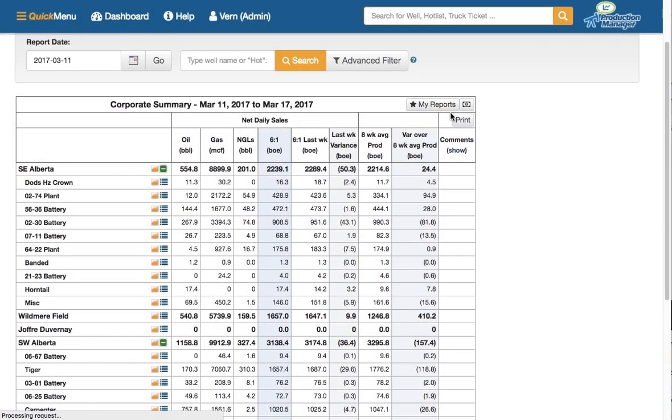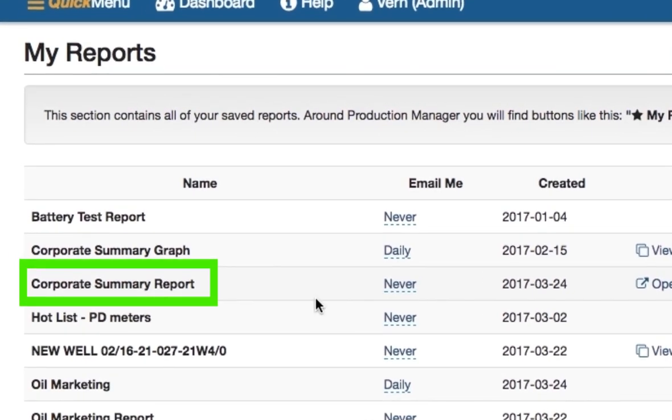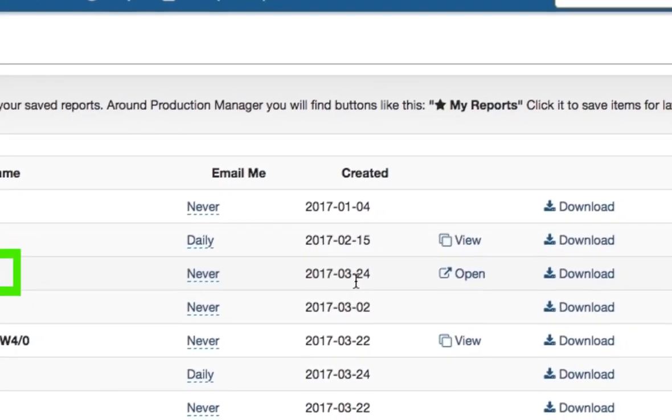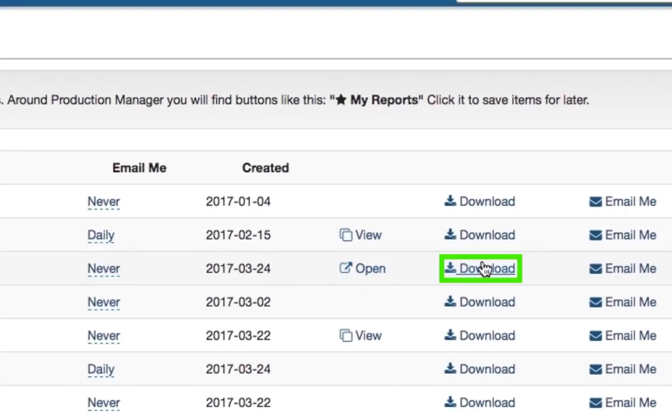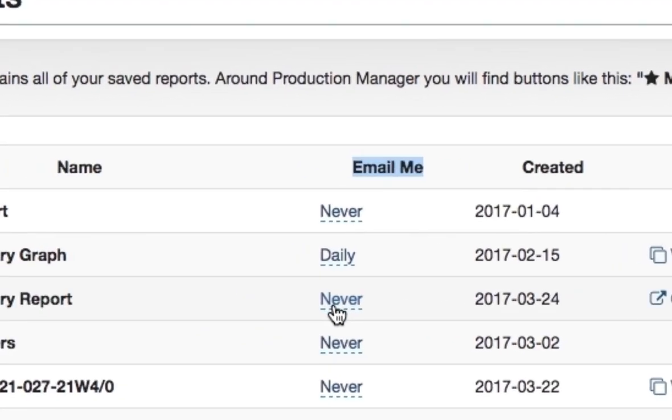I can go to My Reports just to have a quick peek. And here's the one I just did right here, corporate summary. It's done on March 24th. And I can download it, I could open it, because I actually want you to start thinking about this. So this little section over here called Email Me. So let's pretend you wanted that corporate summary report